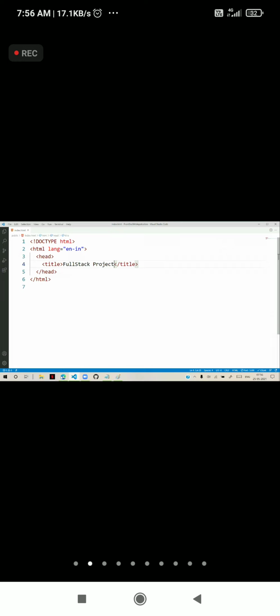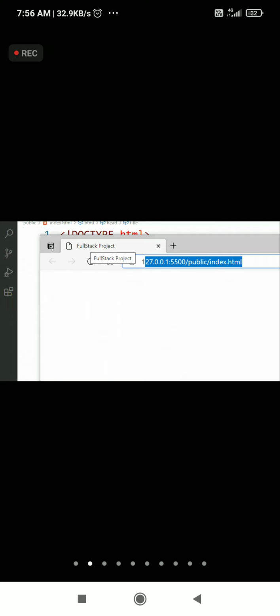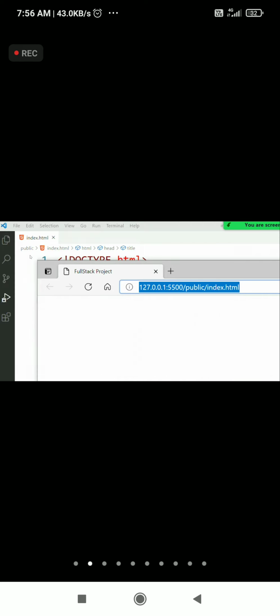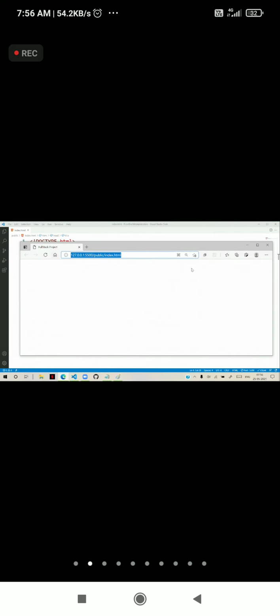You can see that now in the title bar, you have full stack project. The address is showing the complete path, but the title is just full stack project. Now, when I click add to favorites, you can see the title will be picked here.